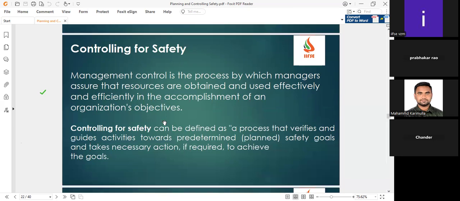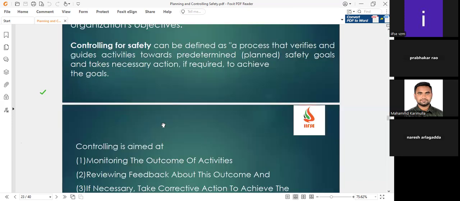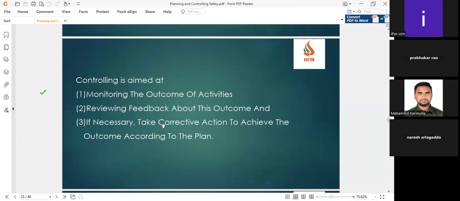How to control? Management control means unless the manager has been given responsibility and authority, he cannot control the staffing people. He has to be given some responsibilities and authorities. He can suspend, he can rule out the people who are not listening to our voice. That means managers should have some responsibility and some authority to control staffing. Otherwise, it is very difficult to control your employees where changes are inevitable or uncertain. Controlling is aimed at, first of all,